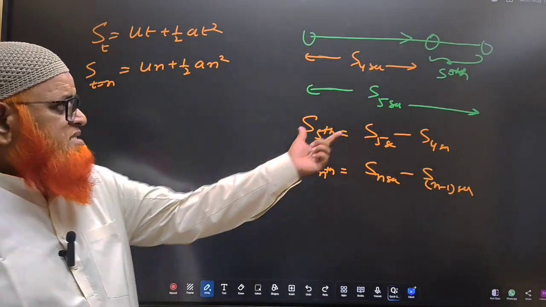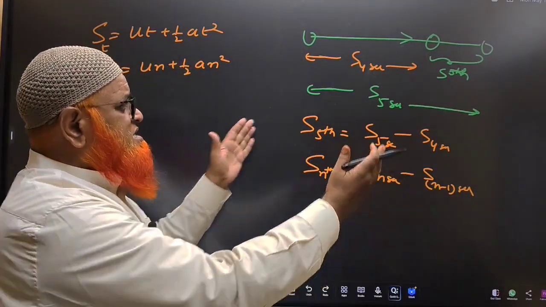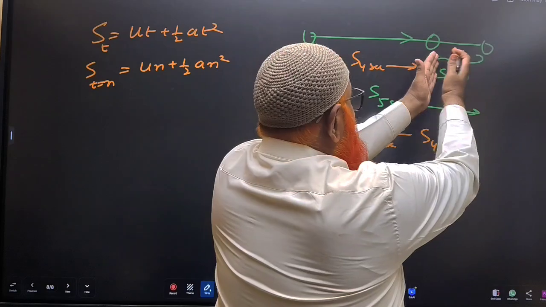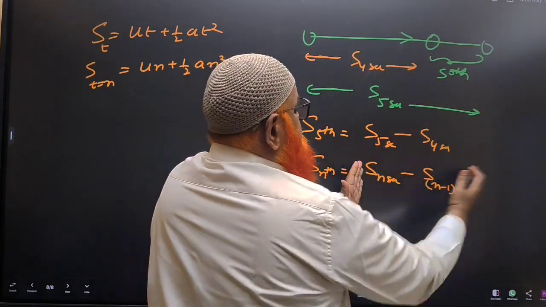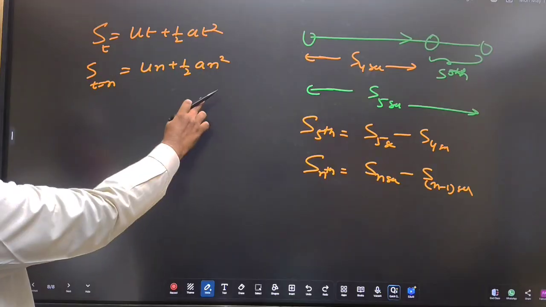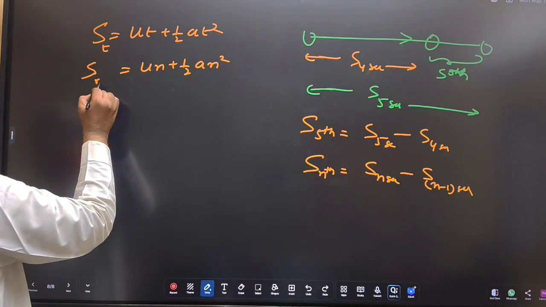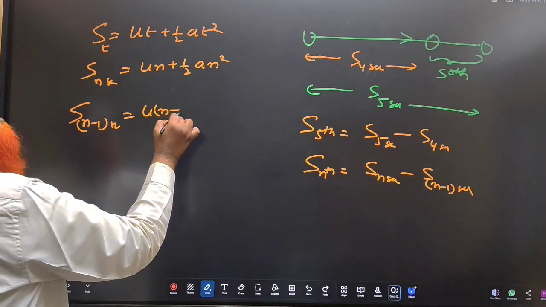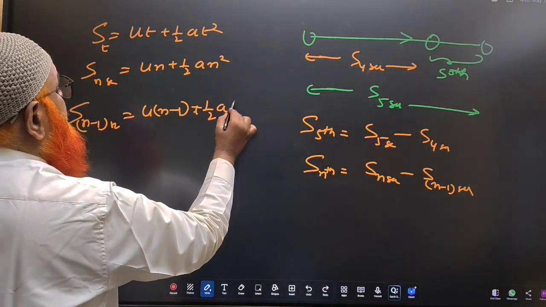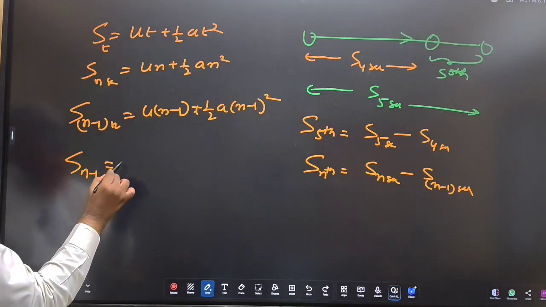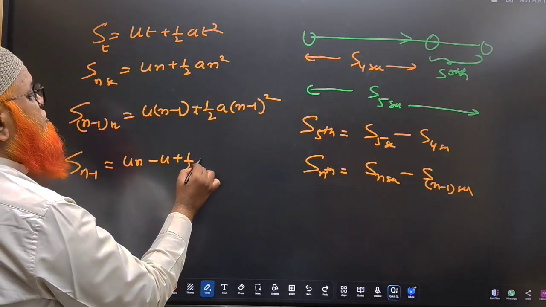Am I right or not? Nth second and the last second. 5th second is equal to 5 seconds minus 4 seconds. Nth second displacement is nothing but n seconds minus n minus 1 seconds, isn't it? And what is your general formula? Displacement traveled in n seconds is un plus half an square. Displacement traveled in n minus 1 seconds is u into n minus 1 plus half into a into n minus 1 whole square. So displacement traveled in n minus 1 seconds is un minus u plus half a into